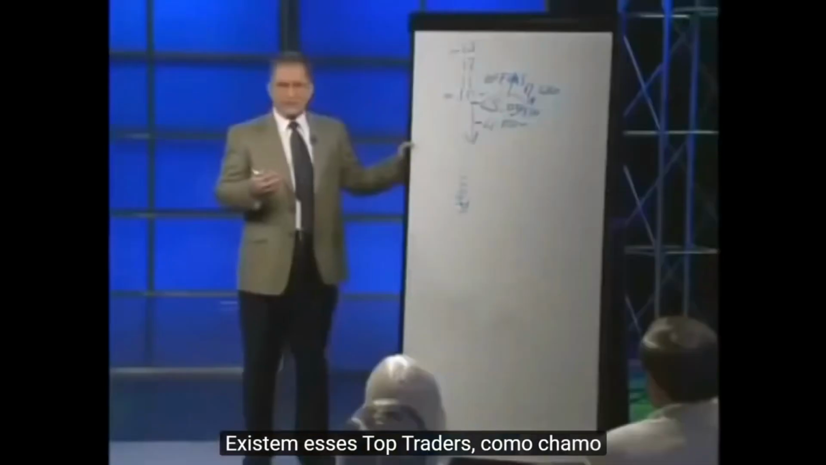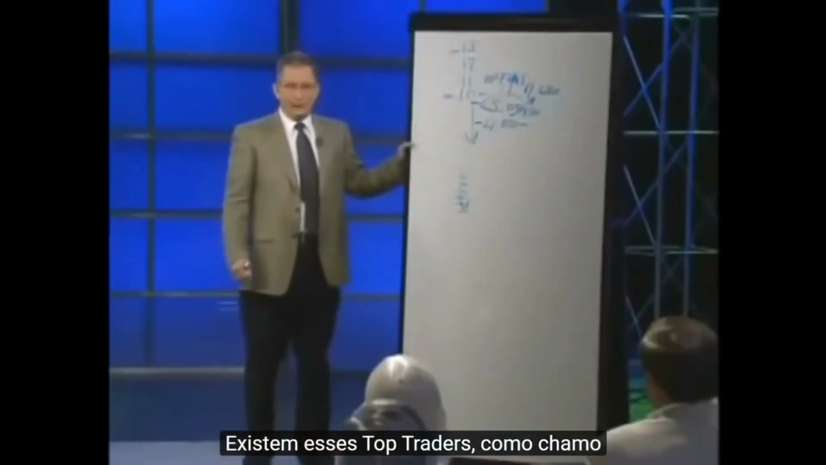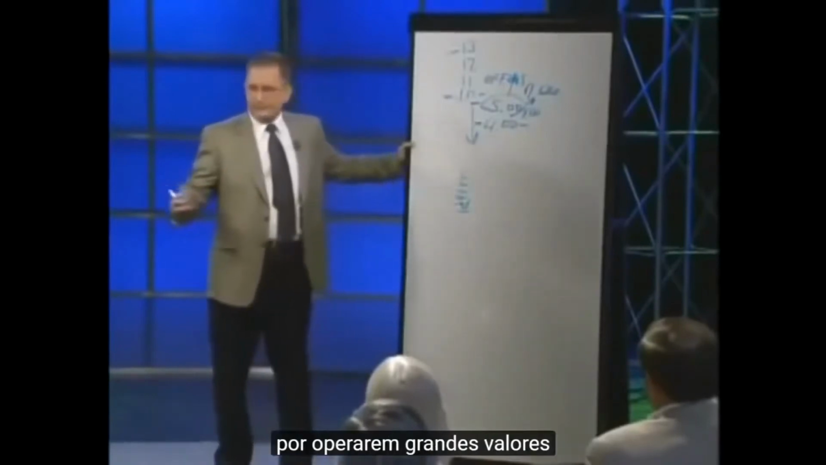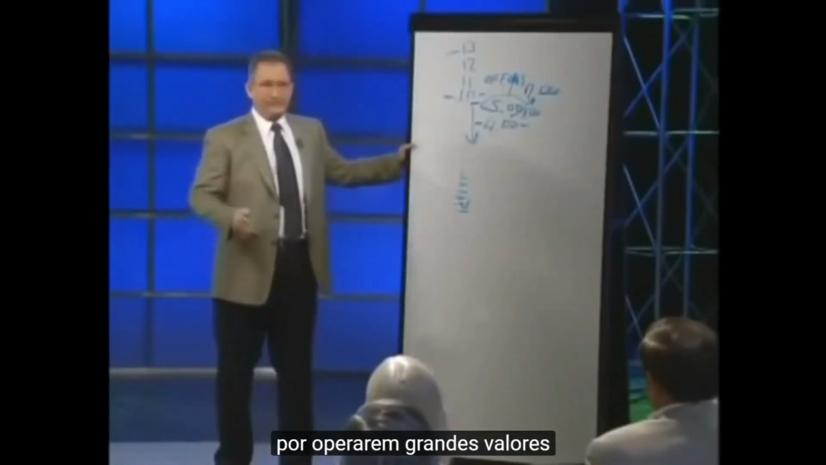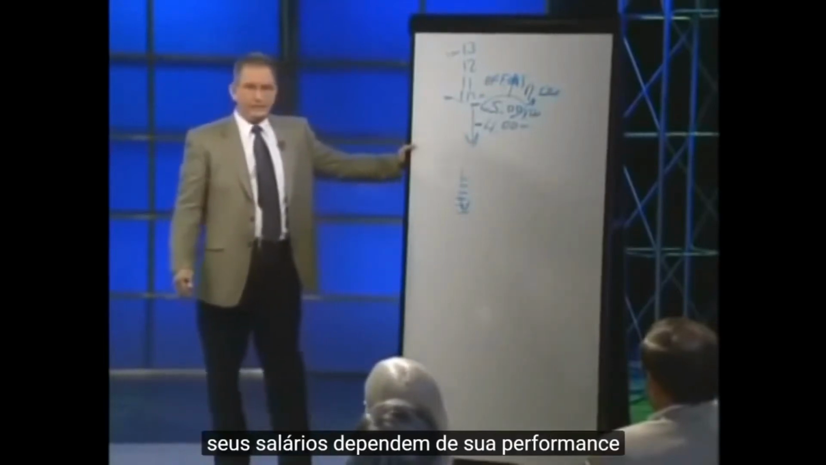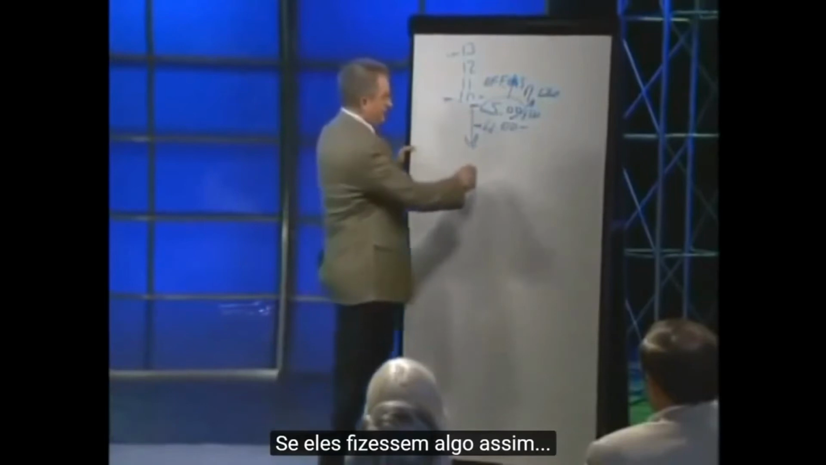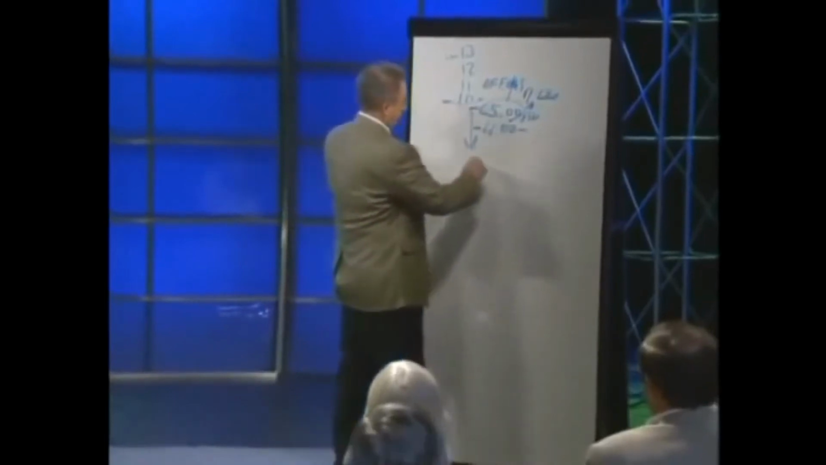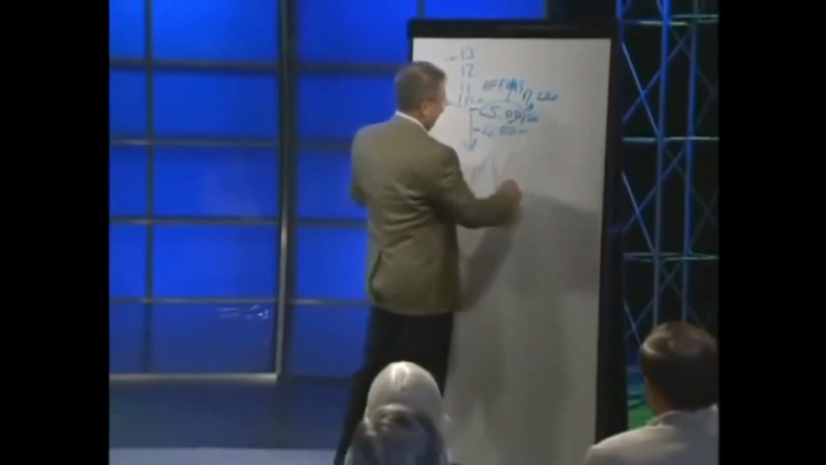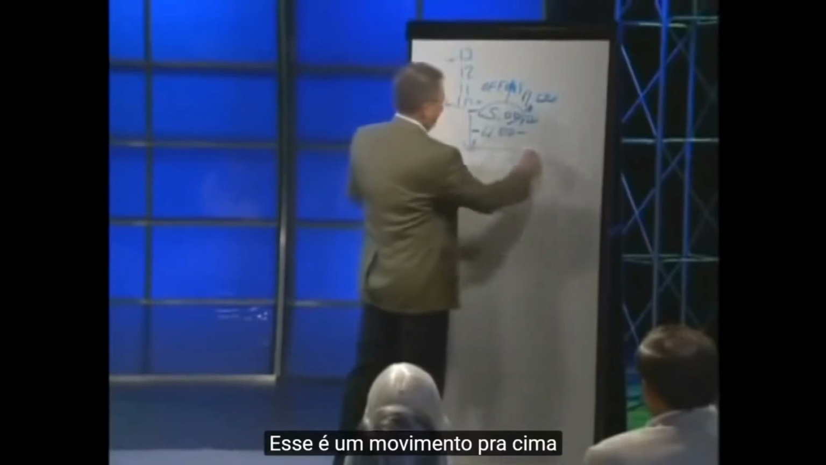So what you get is what I'm going to call these hotshot, hardcore traders who, to make a name for themselves, because they're in a big trading room and they compete amongst one another and their bonuses depend on how well they do. What if they did something like this? I'm looking at a price chart. Let's just say they could be daily bars or whatever. Okay, and this is like a swing high,